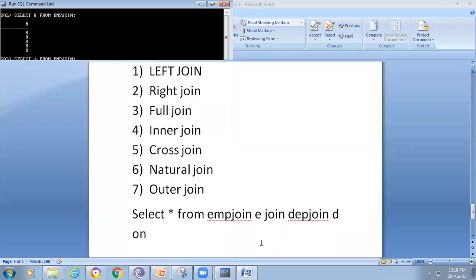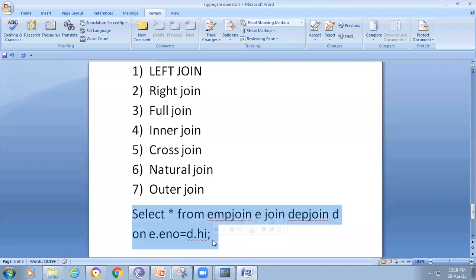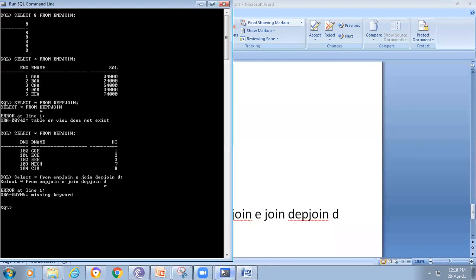So that's why we select star from EMP join E, join DEP D, and we mention the condition E.ENUMBER equal to D.HIGH. If I give it like this,